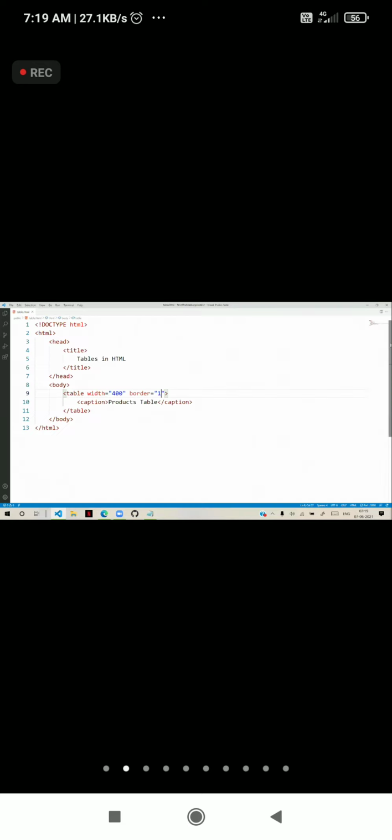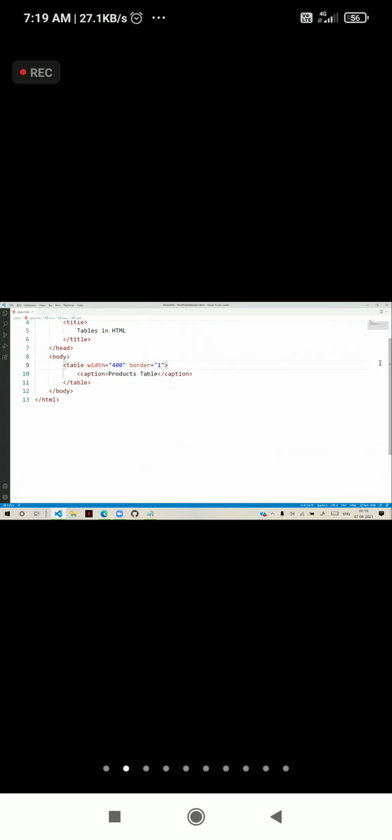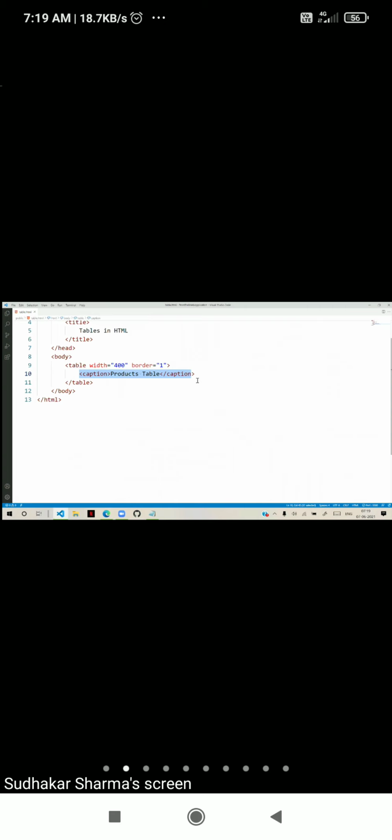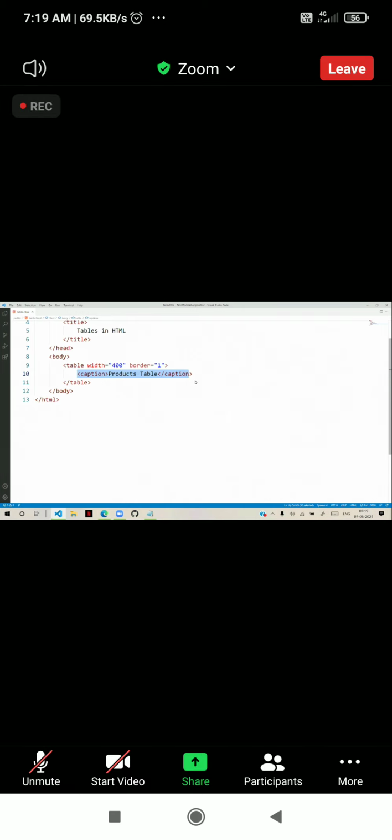Now, inside the table, we have 3 sections actually. Remember, caption is optional. If you don't define it also, no problem. So we are defining the table caption to make it search engine friendly. So you can leave it empty. Without captions also there can be tables, but search engines cannot find your table based on the topic.